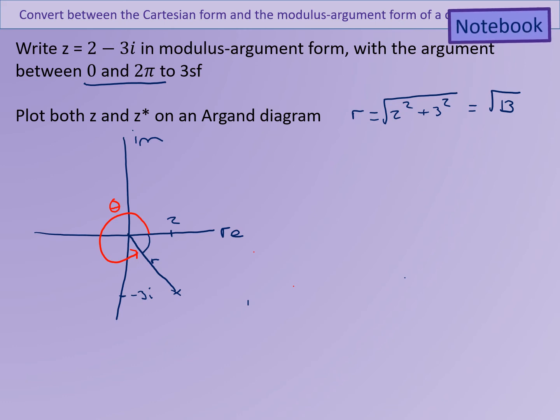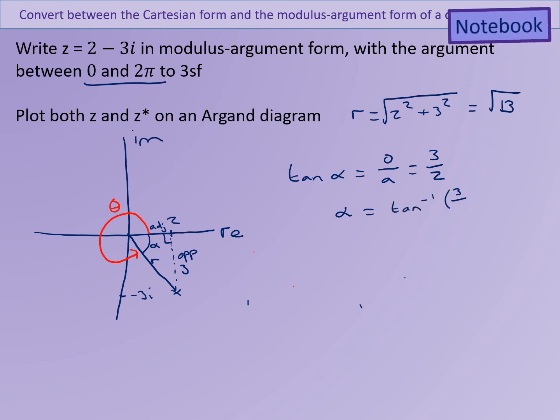So I'm going to call the angle in there alpha again. I'm going to find alpha using trigonometry by drawing a right angle triangle on. The opposite side is here. That is 3. The adjacent side is here. That's 2. So I'm going to write tan alpha equals opposite over adjacent. So this part is exactly the same as when we've done it in degrees. So the opposite is 3, the adjacent is 2. So alpha is inverse tan